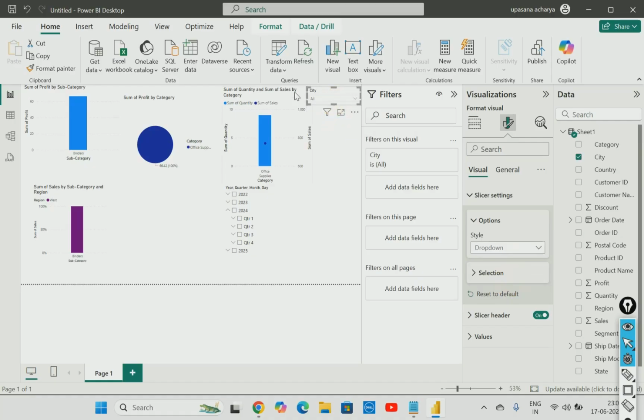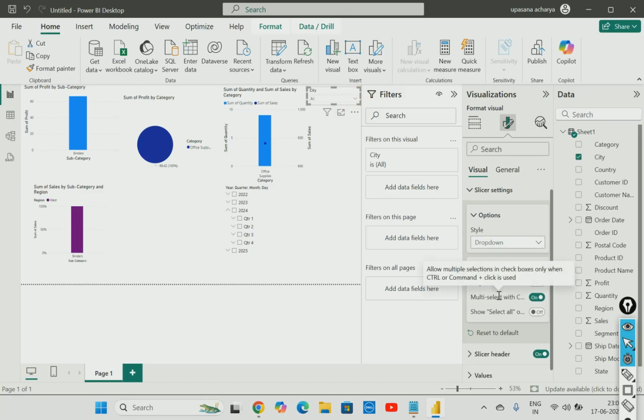In the drop down, you can see this. Now, I have this city, then all options, and I can go down. Okay, and you can click on the city. And once you are again clicking over here, it will be minimized. So it is not going to take space as well, and it is a very user friendly and usable tool as well. Okay, now click on the selection. Okay, now what is happening is multi select, you can see this multi selection is check boxes when